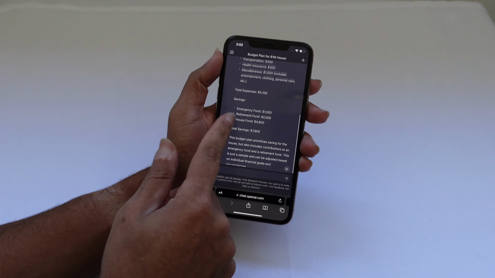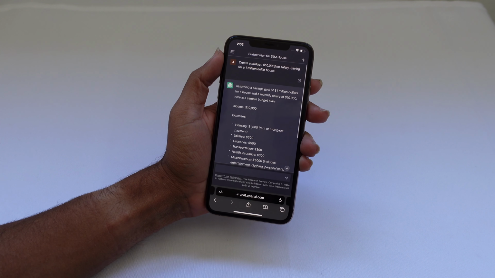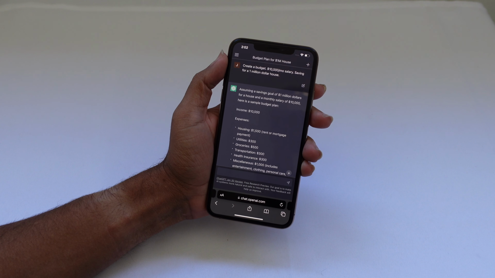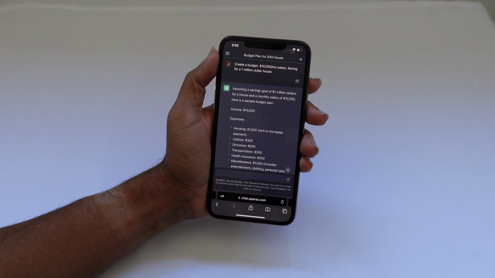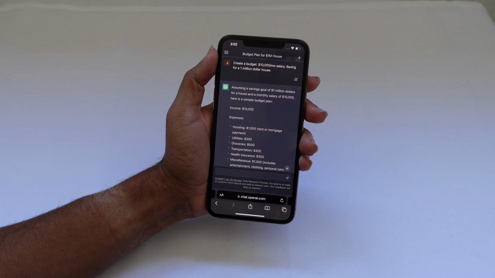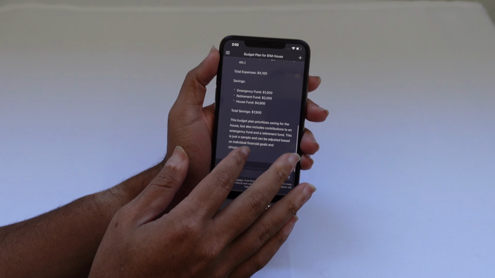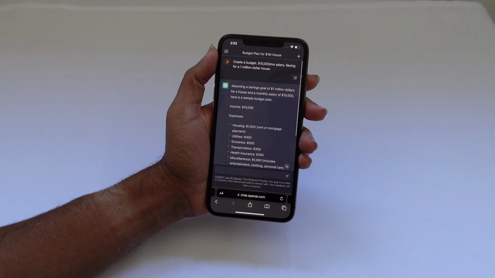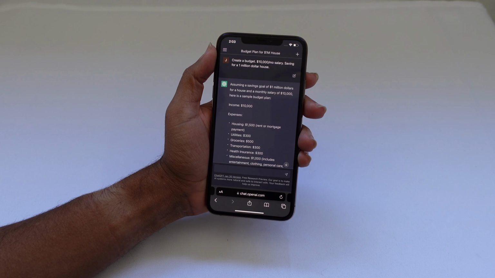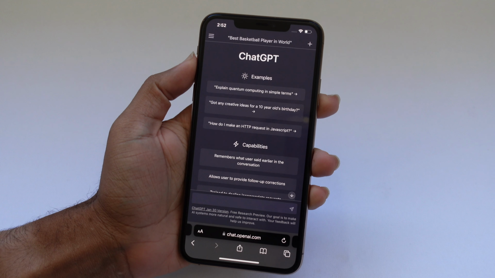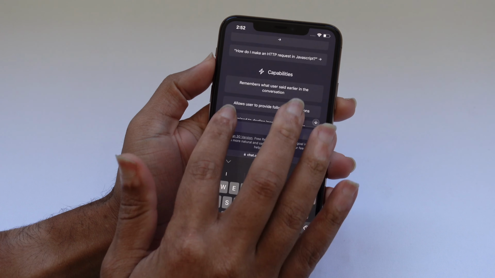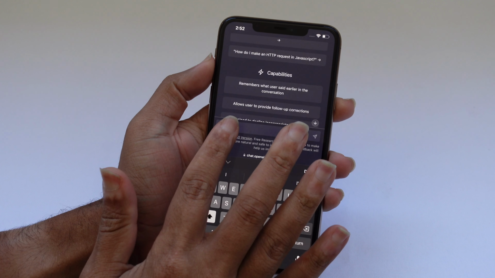based off that income. And you can always change those numbers, if you want to save just for a $1,000 computer. Based off the numbers that you provided, it will spit out a sample budget that you could work with. So that's a really cool hidden feature for ChatGPT, and I think you'll really love being able to create sample budgets. The next hidden feature with ChatGPT is you can ask it slightly opinionated questions, and in